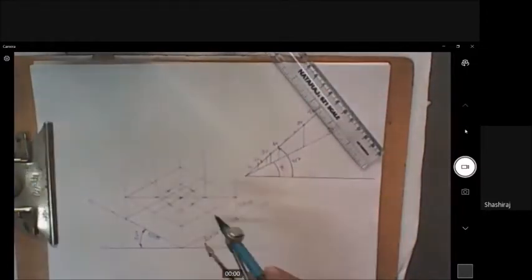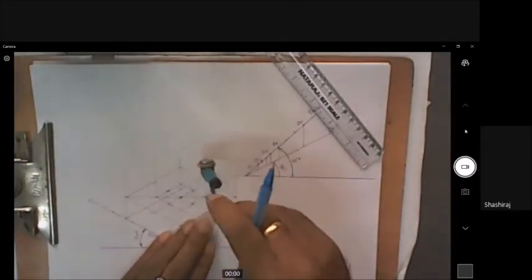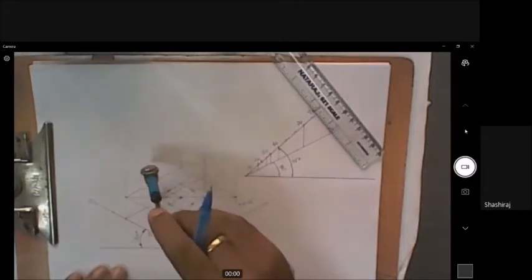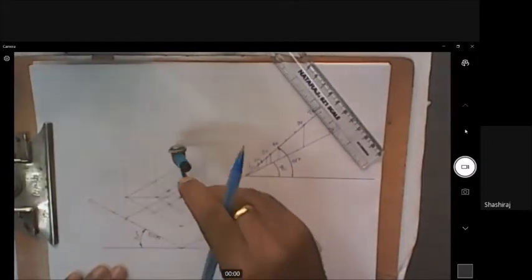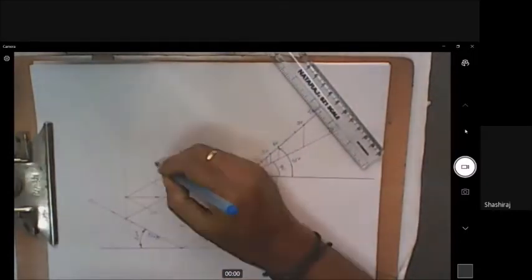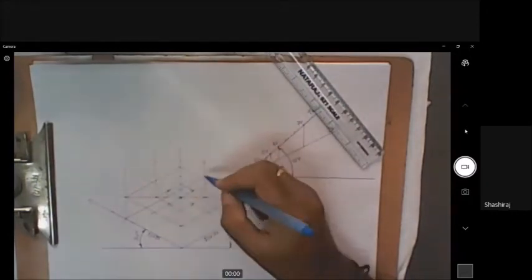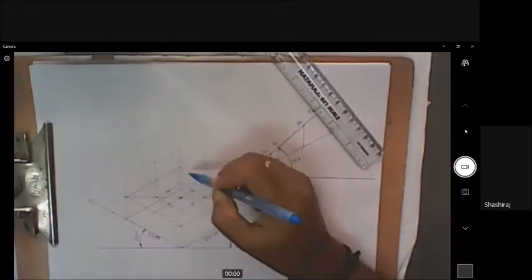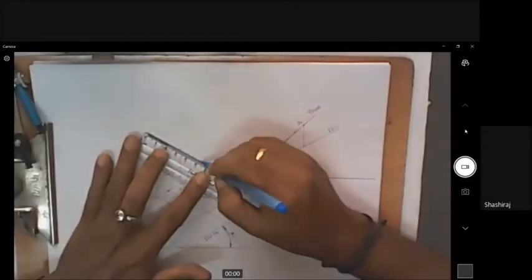This ISO 40. On all these vertical lines, I should draw ISO 40. I've drawn one here, second one, third one, and fourth one. These 4 points are what? They are the top face corners. Because I have given the height now. So these 4 points are the top face corners. I can join them at the top face.